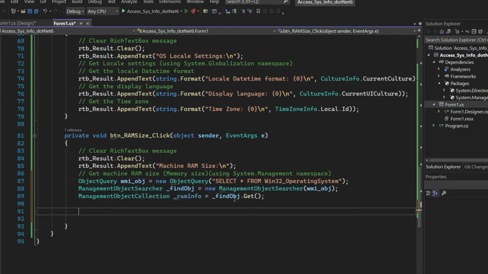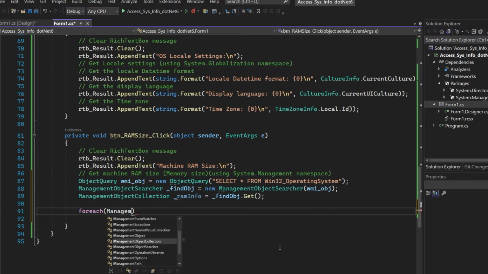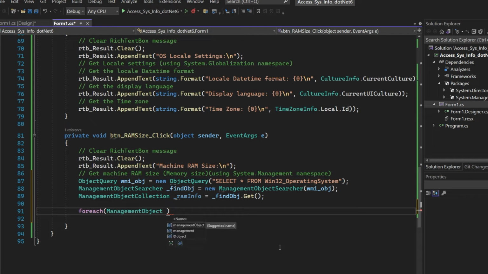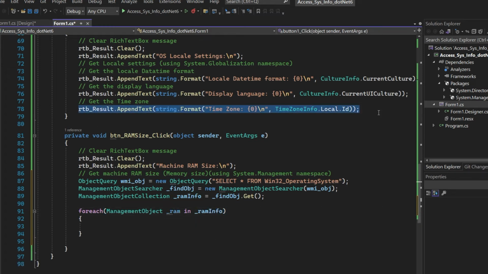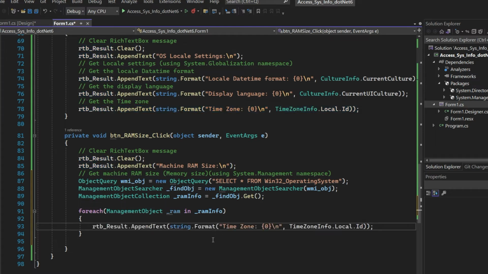Then we are going to use a foreach loop to loop through the range info management object collection to search for the object we need. Management object _range in _range info, curly braces. Let me copy this line of code and paste it here.